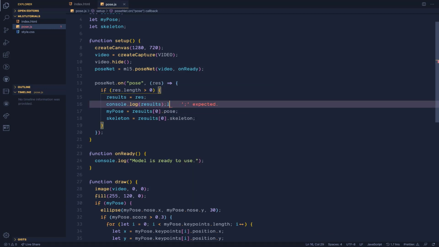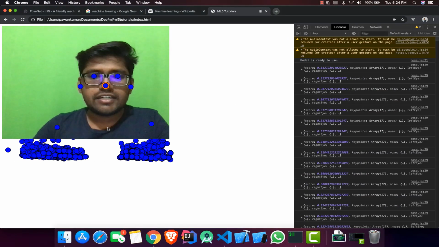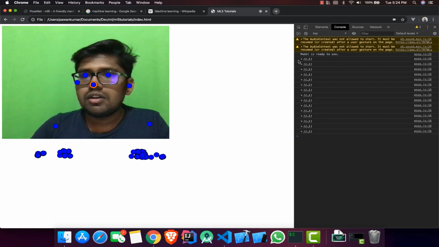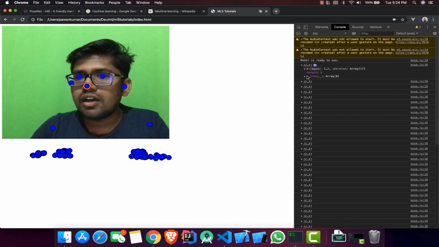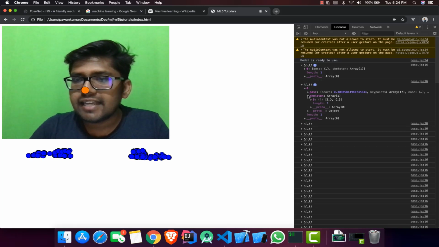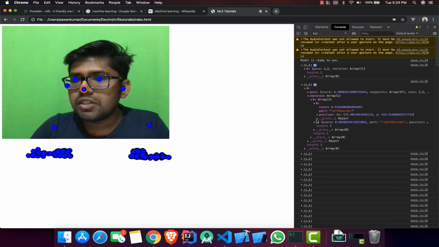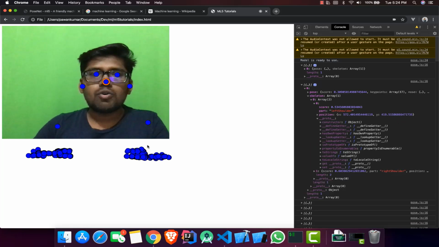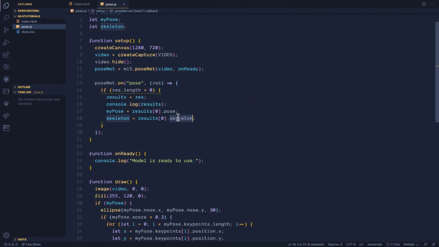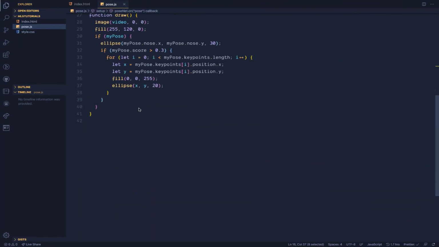And once we are good with that, if I refresh this, you will see that console. Here you can see, let's use this one, I have pose and skeleton. And in skeleton we have again an array with the position and the same thing. So that's what we are going to use. So we can get this skeleton here, and once we get the skeleton, after this loop I can apply